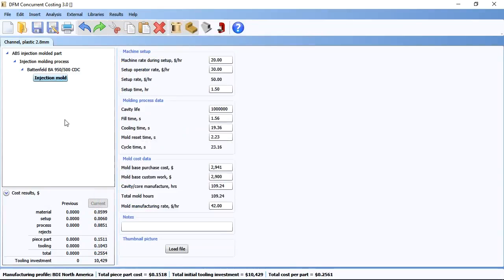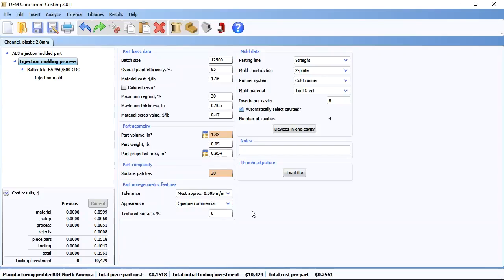And then finally down here at the injection molding line, this is where I can see a breakdown of the injection molding cycle time and a breakdown here of the tooling cost estimate. At the injection molding process line, these are all of the inputs that I can adjust if I see fit. Things like the material cost, the regrind, the scrap value. The software has automatically selected the optimal number of cavities based on the complexity that has been extracted from the CAD model in this case. So if all I wanted to do was injection mold a part, I'd be finished with my analysis at this